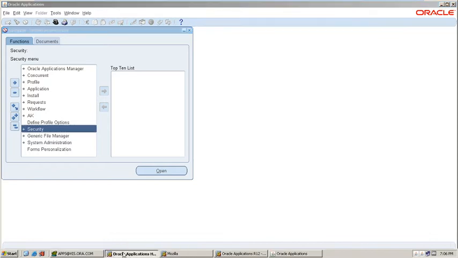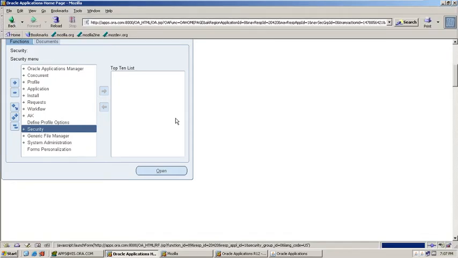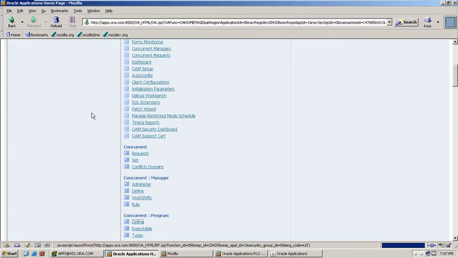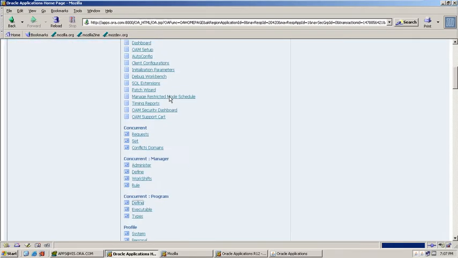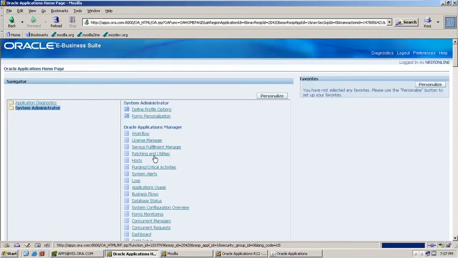When I logged into Oracle applications, my username is NRIT online, and I have two responsibilities assigned to my user. Under responsibilities, you can see there are many functions attached.